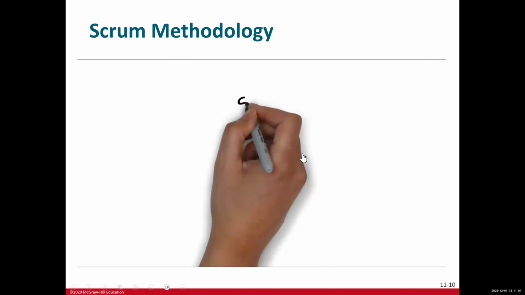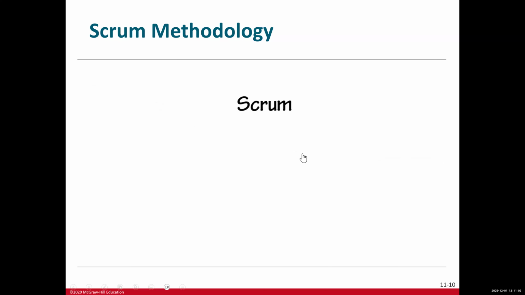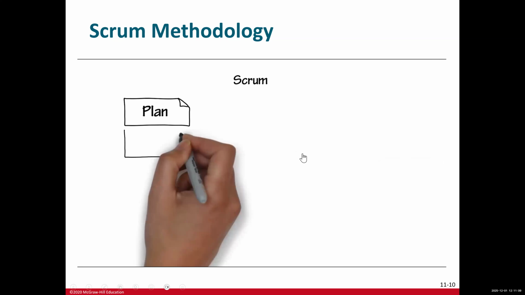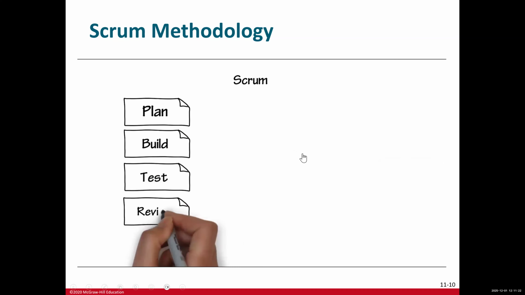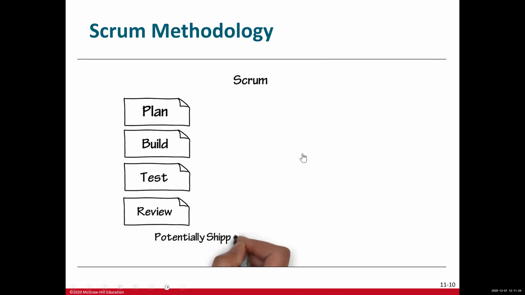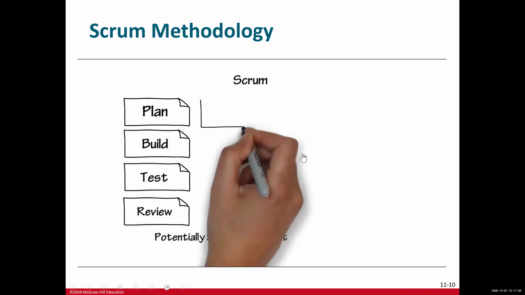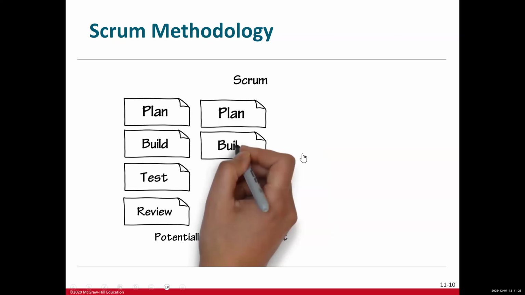With Scrum, an implementation of Agile, the process is broken up into smaller pieces. First, we do just enough planning to get started with building the minimal feature set. We build what was planned. Next, we test and review that small feature set and get it ready to ship. When that cycle is complete, we end up with a potentially shippable product. This process usually occurs in a time period of 1 to 3 weeks.